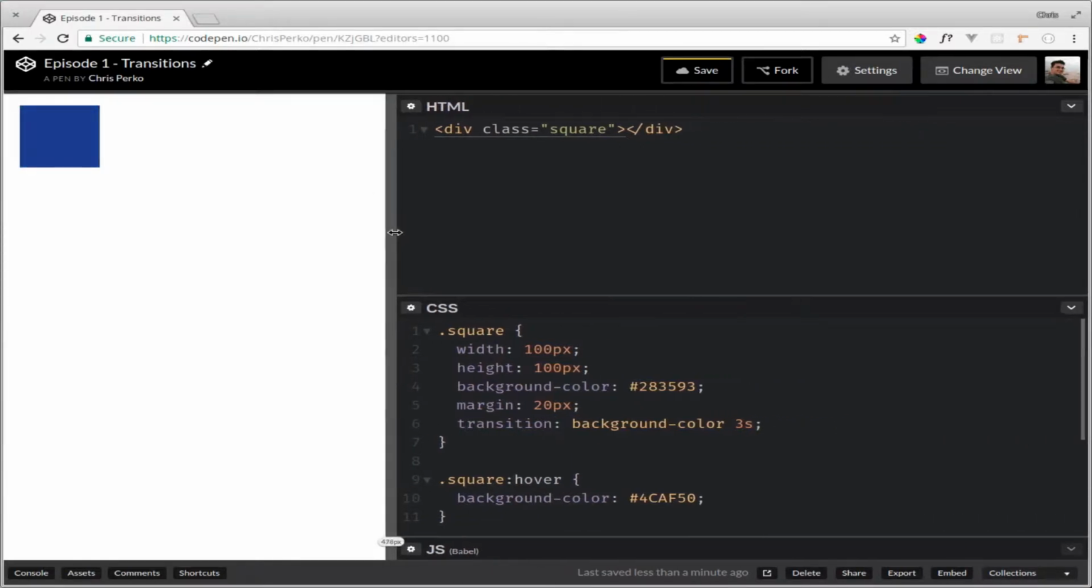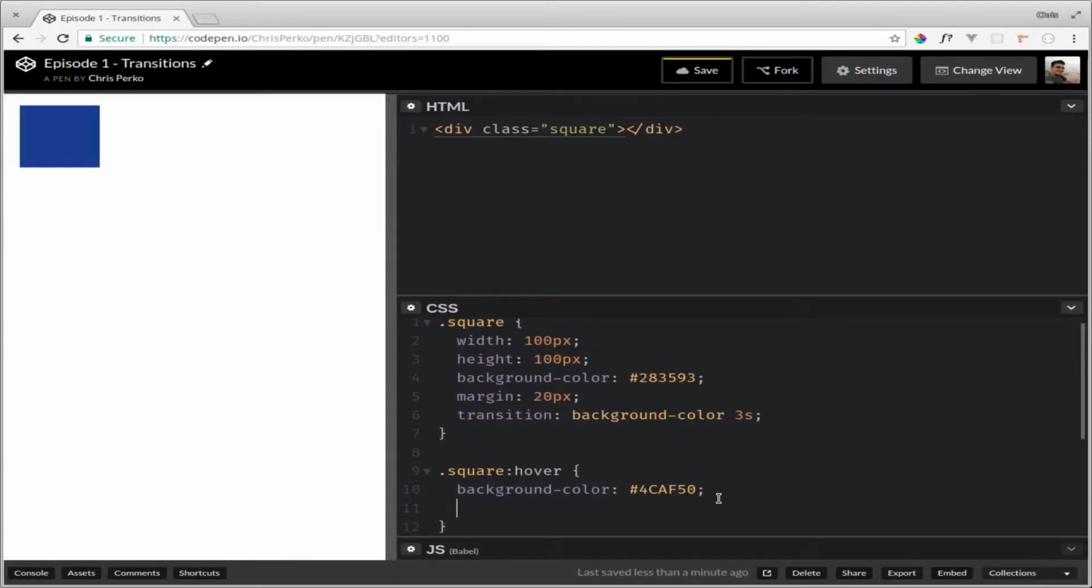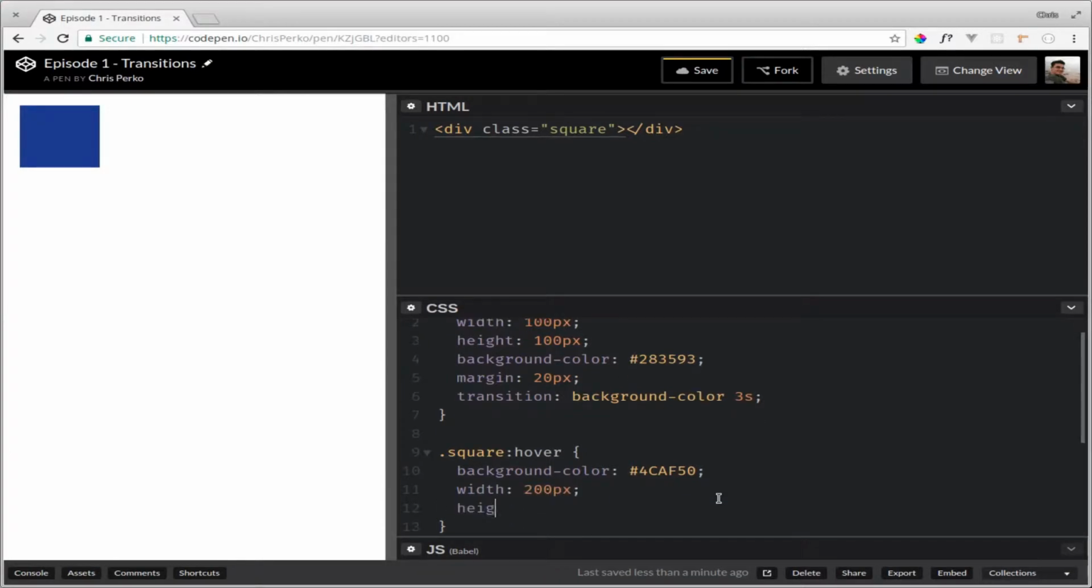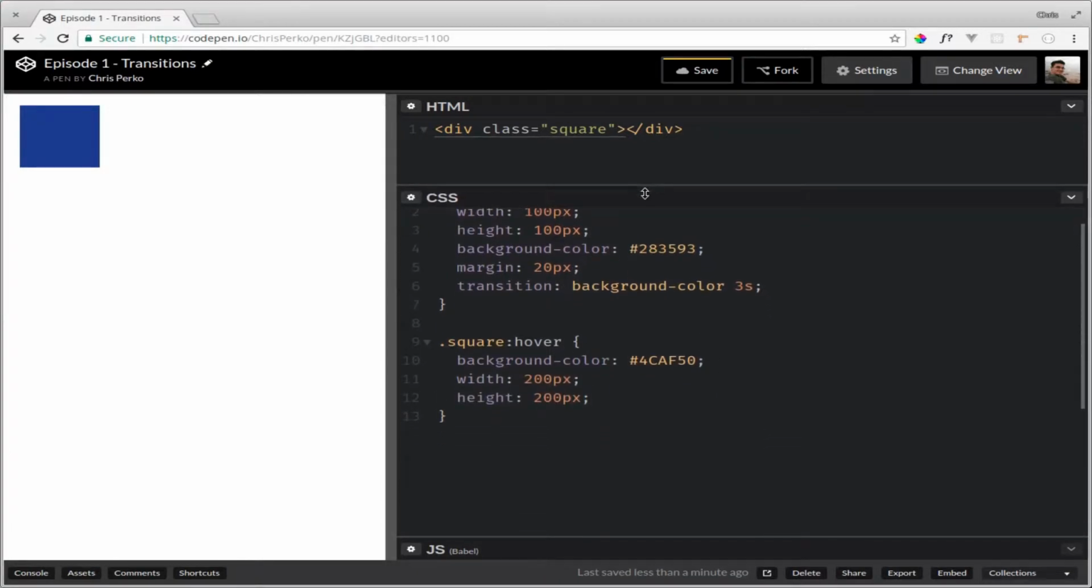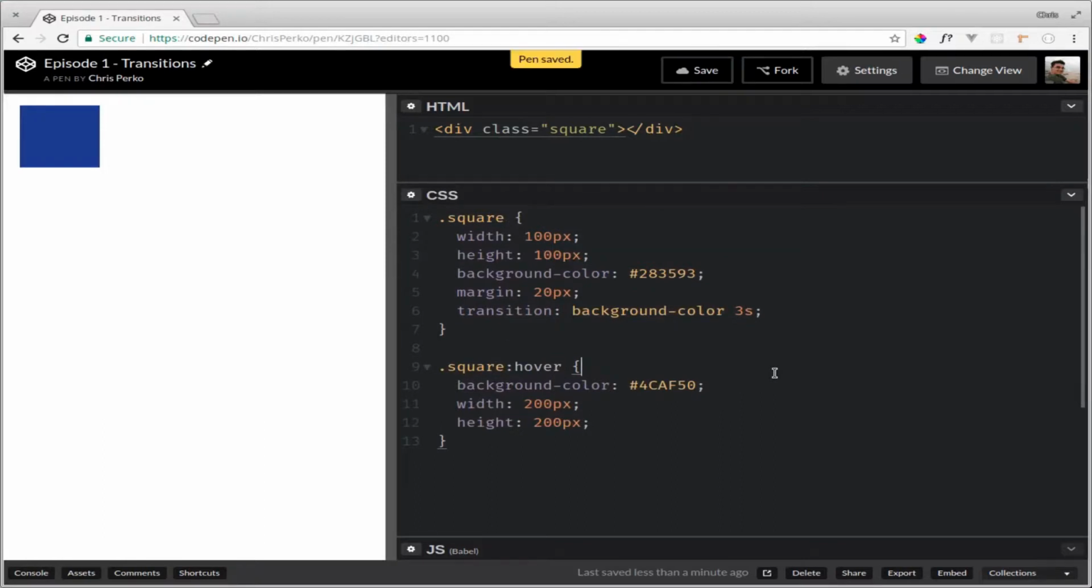So that's pretty simple. Let's also change the size of the square when we mouse into it. So when we hover, let's change the width to 200 pixels and the height to 200 pixels. As you see, as we mouse over, the color transitions over 3 seconds, but the size changes instantly. That's because we don't have a transition for the size. So we can go in here, we can say width. Let's do the width over 2 seconds and the height over 2 seconds. Let's check it out. And there you go. A very simple and easy way to change the size of something over a period of